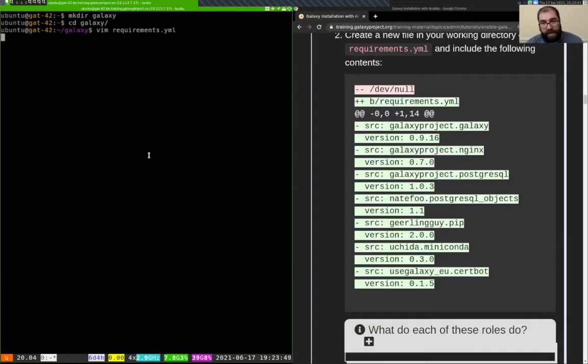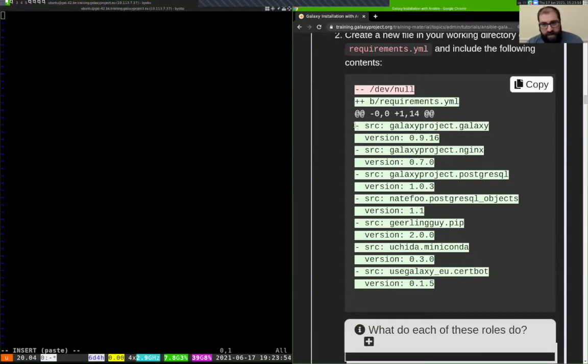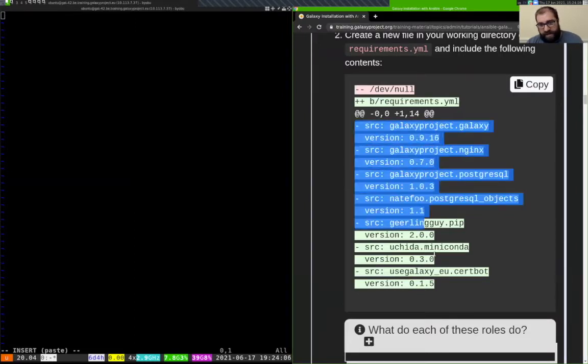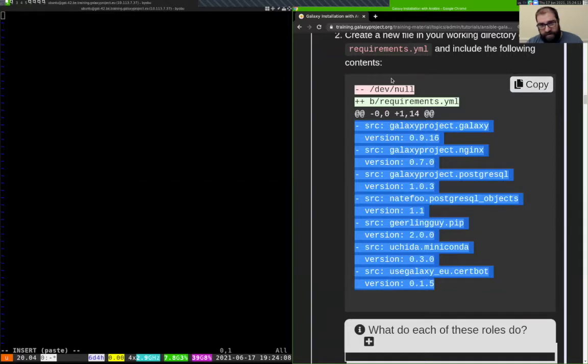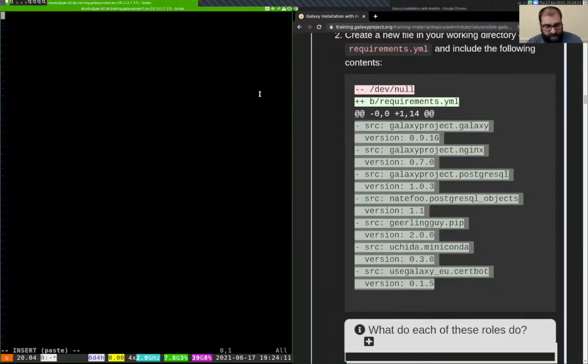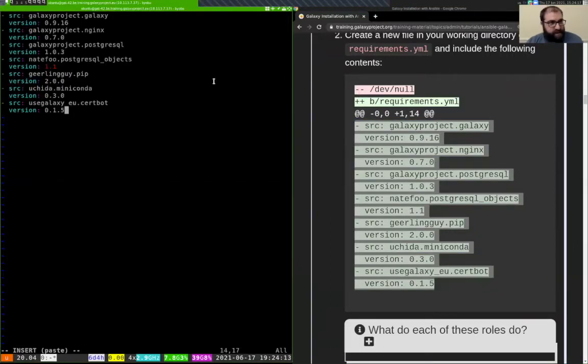Requirements.yaml. As you can see, everything in this training where you have to enter text is shown in the form of a diff. So in this case, you can see that the old file here was dev null, new file is requirements.yaml. That's because this file didn't exist before. If the minus file, the file that you're changing from, is dev null, that means that the file that you're creating is brand new. So here we've specified a number of Ansible roles, and these are going to be installed